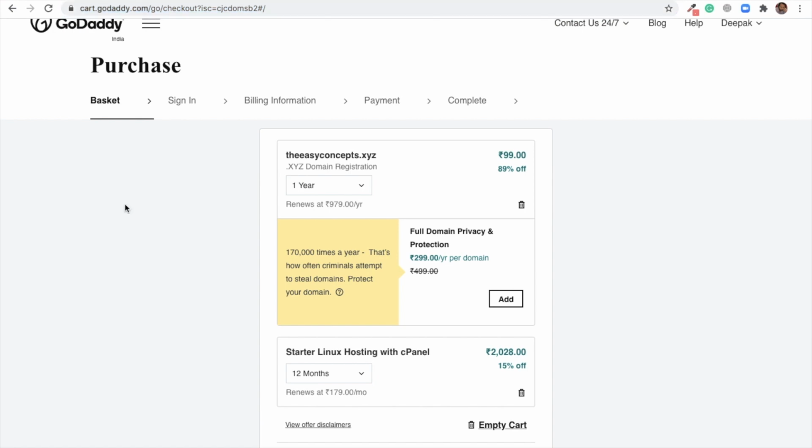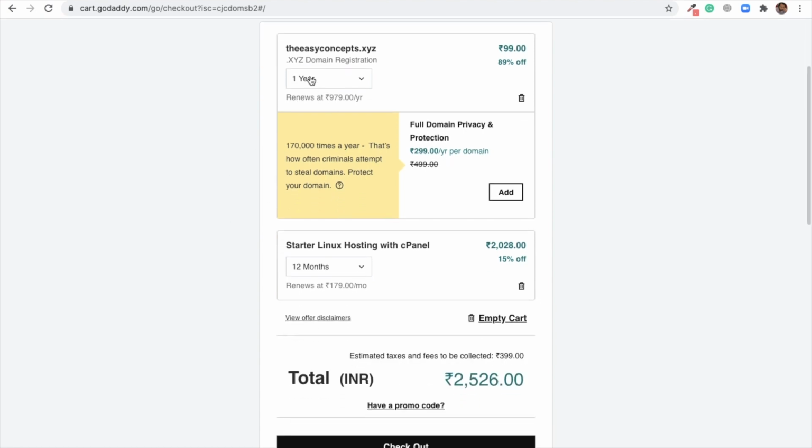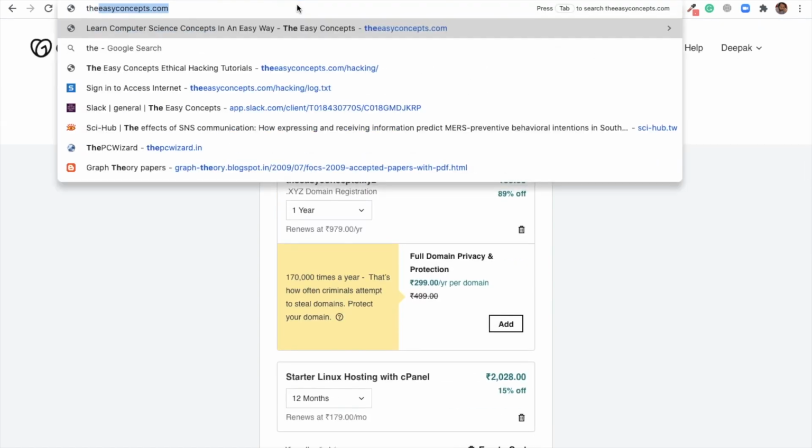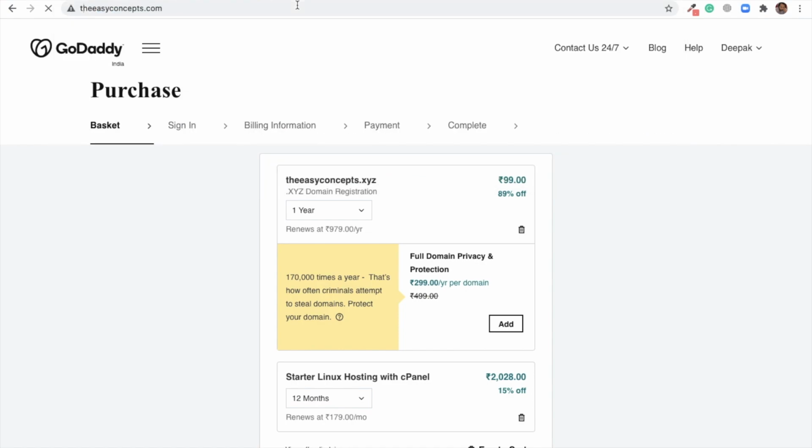You can choose a domain name of your choice and buy it. Clear? So when this is live, or you have connected these together, like this domain name should be connected with this hosting, and when this is done, you can go to the web address and get